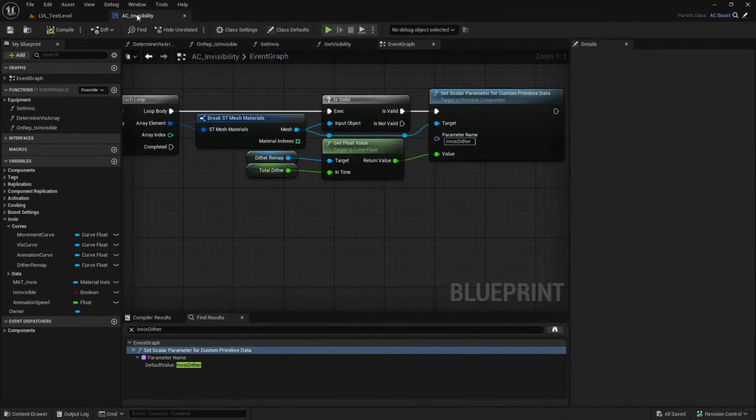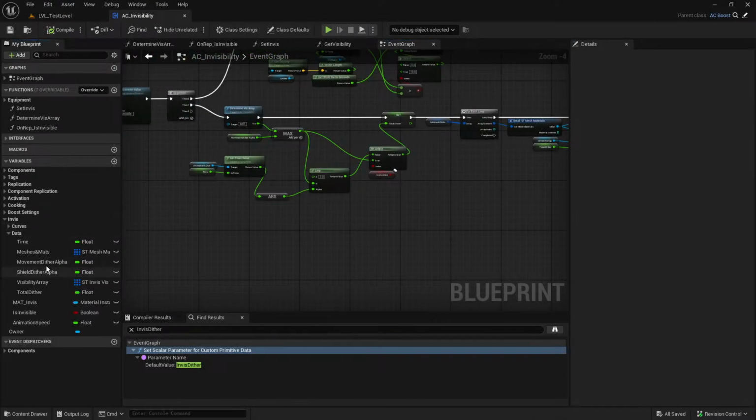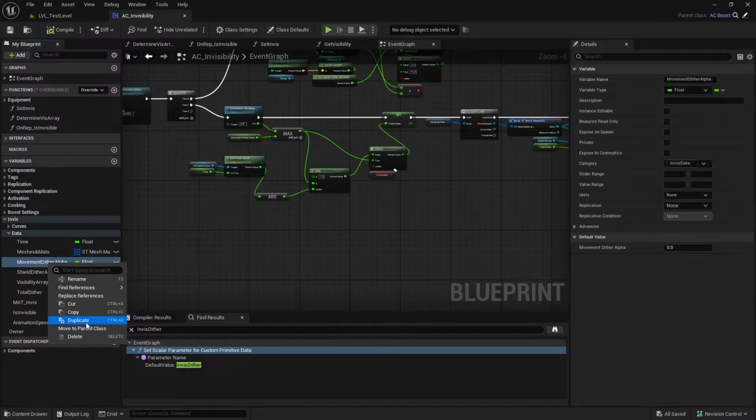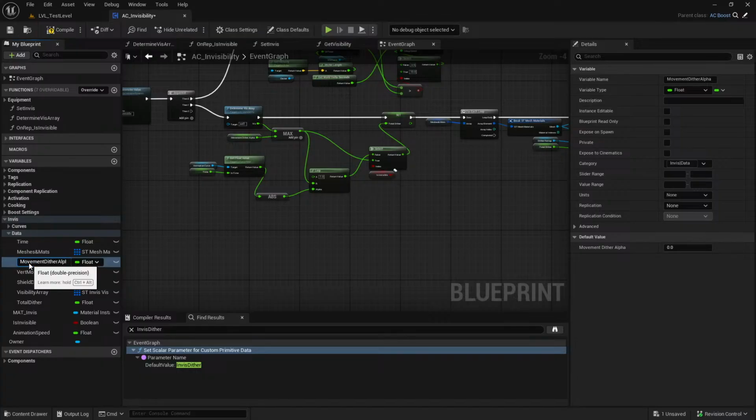Yeah, so what we actually do now is movement dither alpha for vertical. I need separate values for vertical and